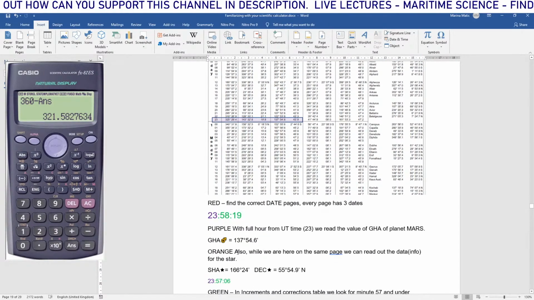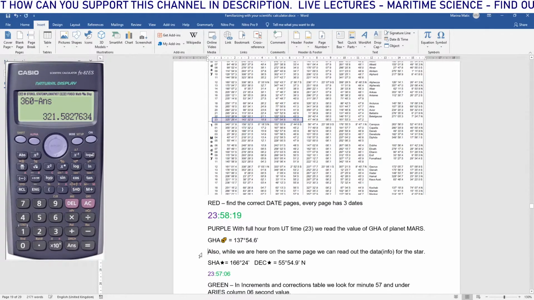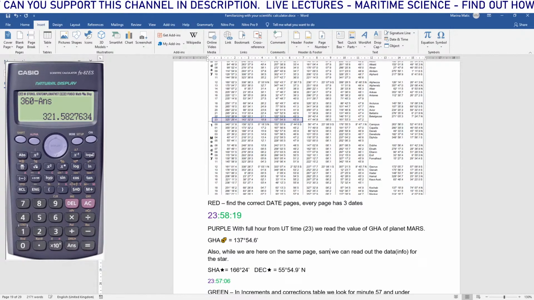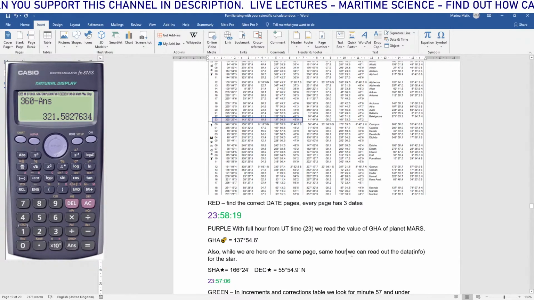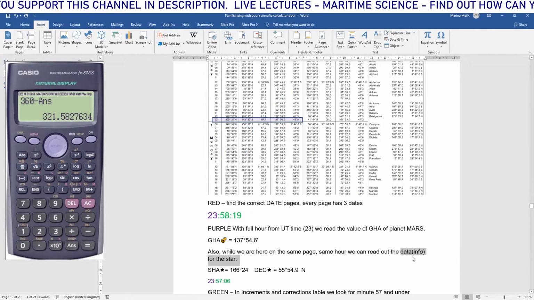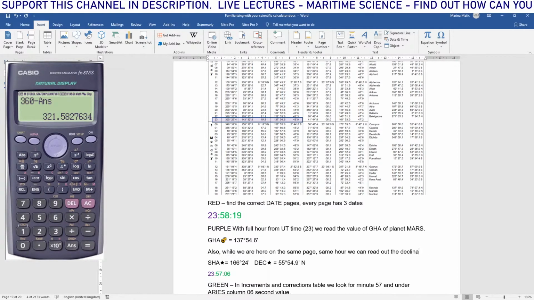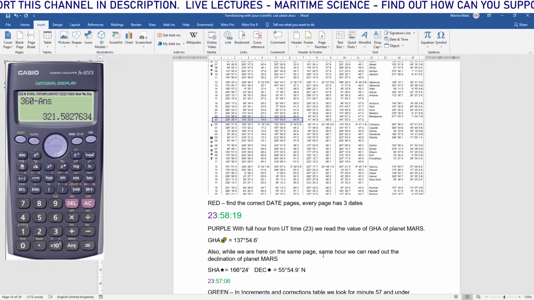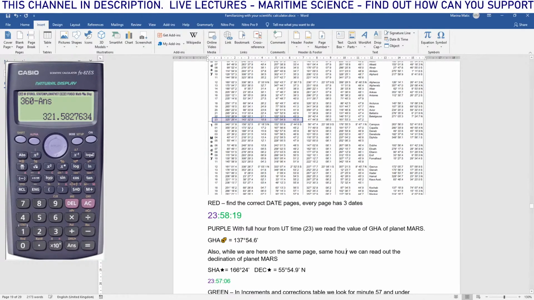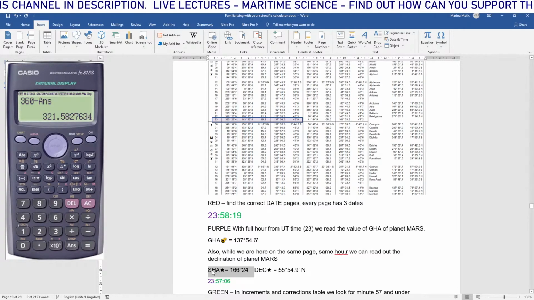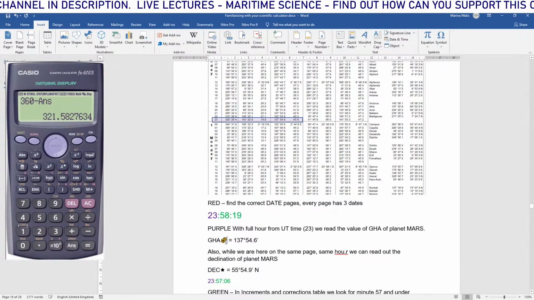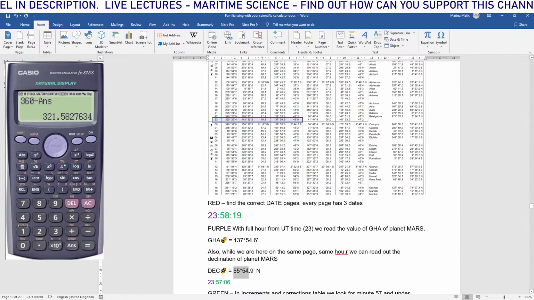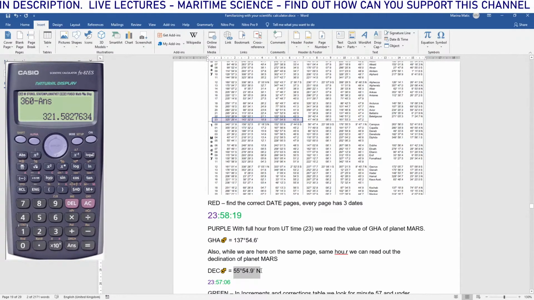And now also, while we are here on the same page, same hour, we can read out the declination of planet Mars. And declination of planet Mars is, copy, declination of planet Mars is, what is it? Now,